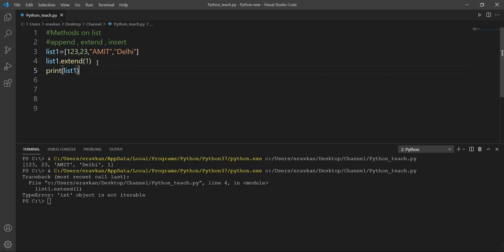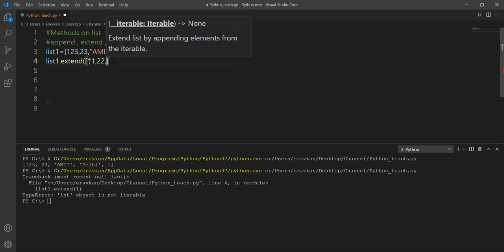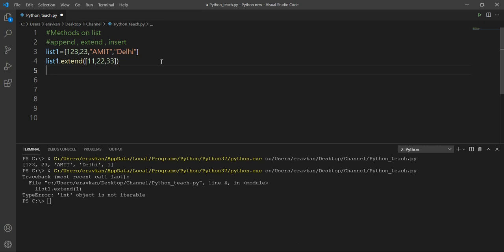It gives an error on the int object. By using extend I can add another list. Suppose this is my list and I want to extend it, then I have to use the extend operation. Suppose I have another list, 11, 12, 33. Extend should contain multiple values always. Append should contain a single value.